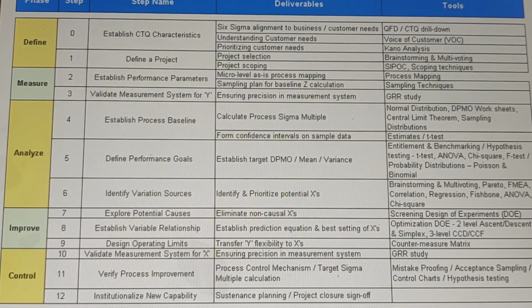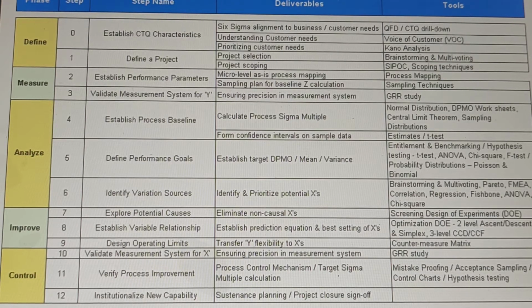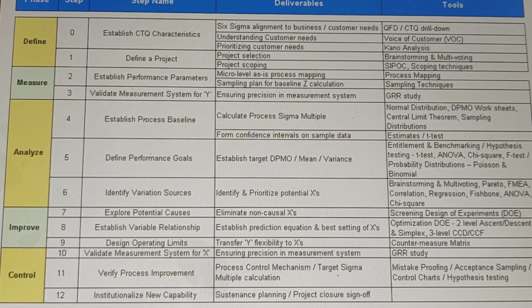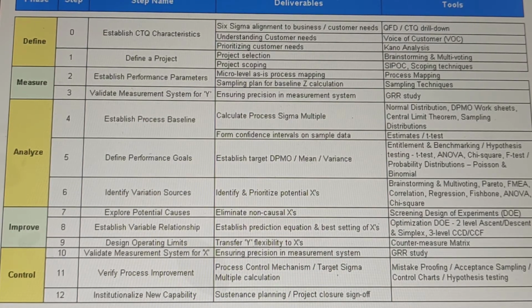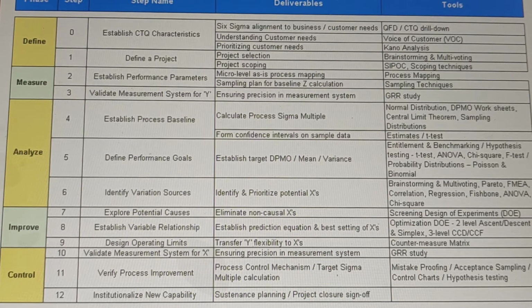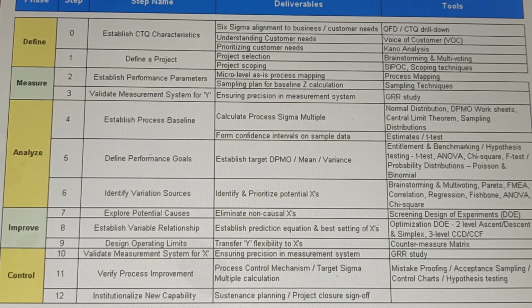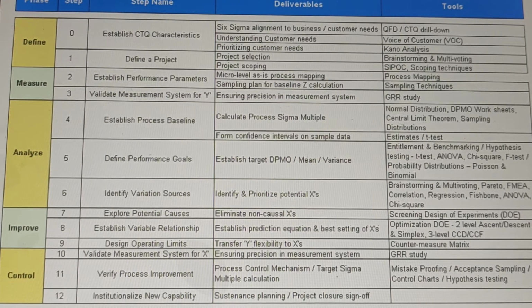Then further, if there is a breakup of delivery, we can drill down the CTQ. Maybe what kind of delivery, what kind of vehicle, what is the packaging mode, how to reduce this. There are so many aspects of delivery, so we can drill down the CTQ. Then understanding customer needs, the voice of customer, that we can collect from various customers. What are the requirements? Many things may not be written, many things they may want us to provide additionally. So we need to be very careful about the customer requirement.